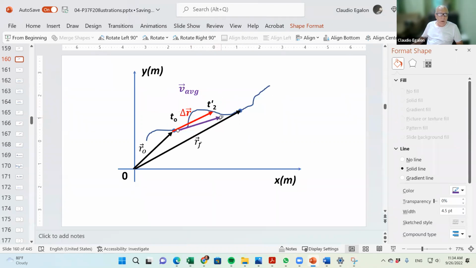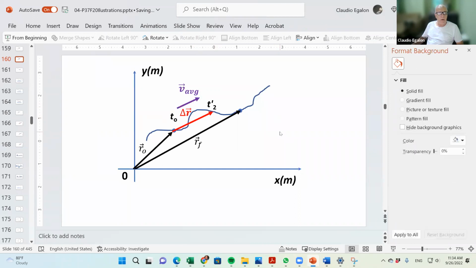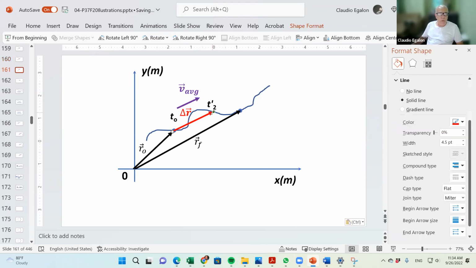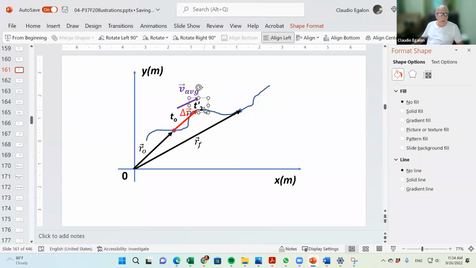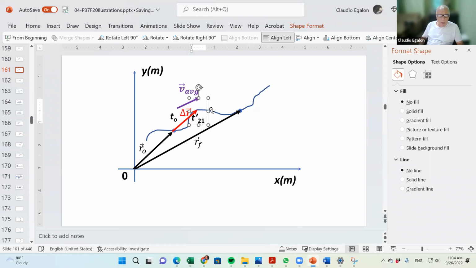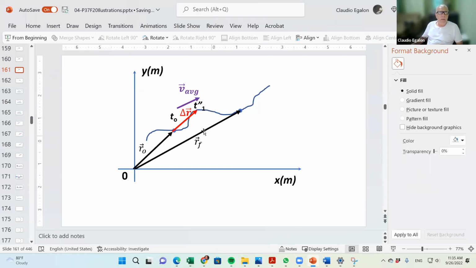And my average velocity is going to change as we do that. Not only the magnitude of the average velocity changes, but also the direction. I'm doing delta T going to 0 little by little, and let's watch what happens to this average velocity vector. One more: I'm going to shrink my delta T again, closer and closer. It's not going to be T2, it's going to be T1. Okay, it's going to be T2 prime T1.